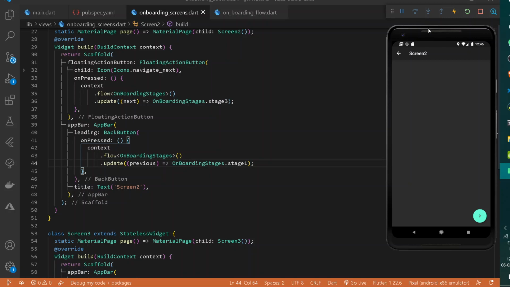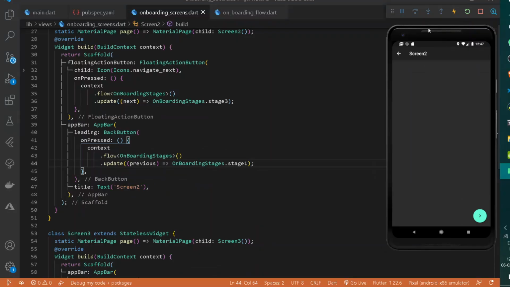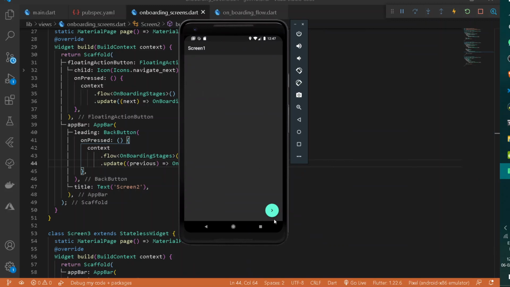Now the general cases of using flow builder shall be typically under a type of flow, a onboarding flow, let's say, or a profile section, where the user has to enter his name, email or address or any sort of thing. And the same thing goes for a marketing flow, for example a food delivery app, where the user shall have to complete the following 3 steps: selecting his food, selecting his address and also selecting his payment. In this particular scenario, the following case of Flow Builder is very helpful to us. We simply manage the flow of our entire application with great ease.